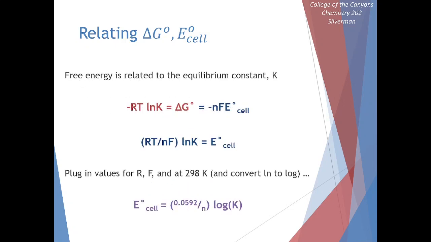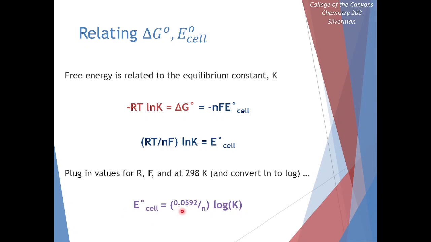In order to relate our cell potential to our equilibrium constants, we can use our relationship between delta G and our equilibrium constant to find this equation. This equation will certainly work, but we have another one that is simplified just a little bit. At 298 Kelvin, we can combine our temperature, ideal gas constant, and Faraday's constant, as well as switch our natural log to a log base 10 to come up with this slightly simpler expression